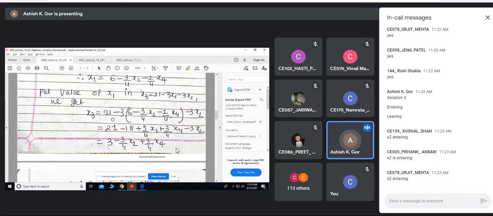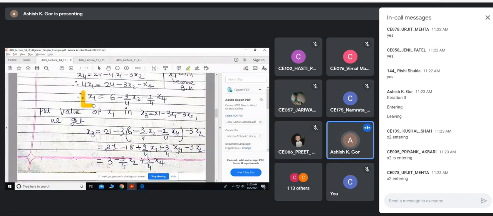From where to search? From these two equations we obtained in iteration 2. You have to always see the previous iteration only, right? So you see, these two are the equations in iteration 2. How much can I increase x2? Remember, x2, x4 are right now 0. x4 is still 0, right? But x2 I want to increase.